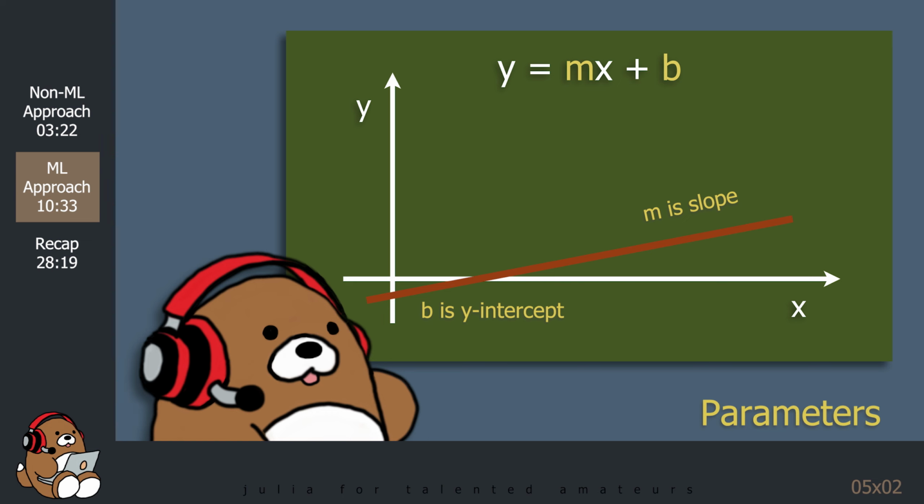By changing the values of these parameters, you can change the characteristic of the line. As you increase the value of m, then the line becomes steeper. If you increase the value of b, then the line moves higher along the y-axis. By changing just those two values, you can define every line in a Cartesian coordinate plane.